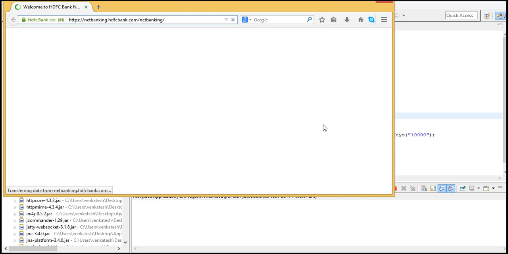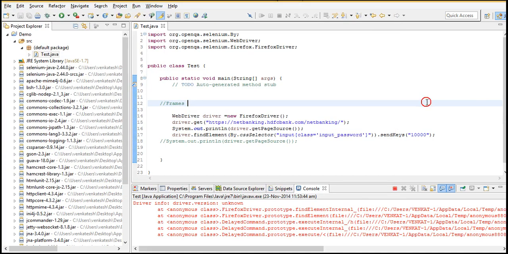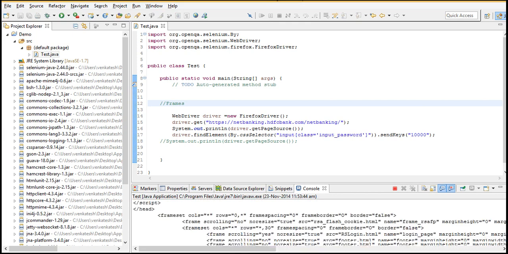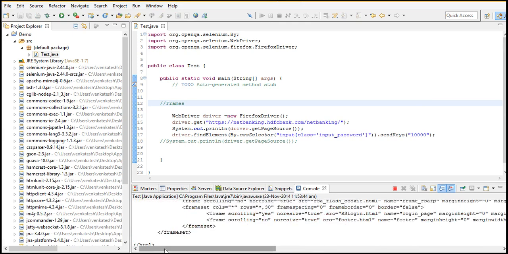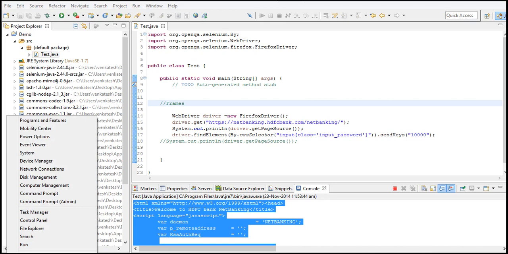As I said earlier, this is the most famous interview question asked everywhere. So you just carefully get this concept. Okay, we got the page source. Let me copy this entire thing and I'll paste it on